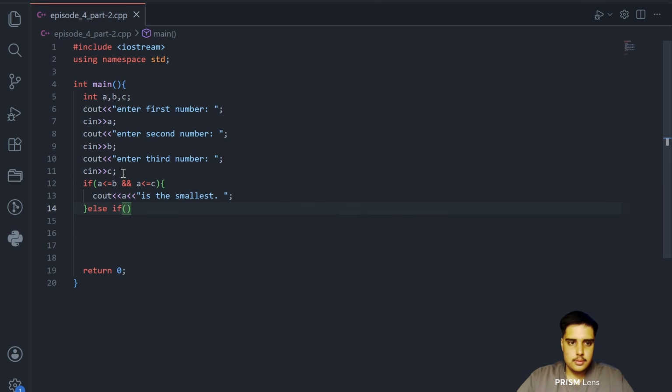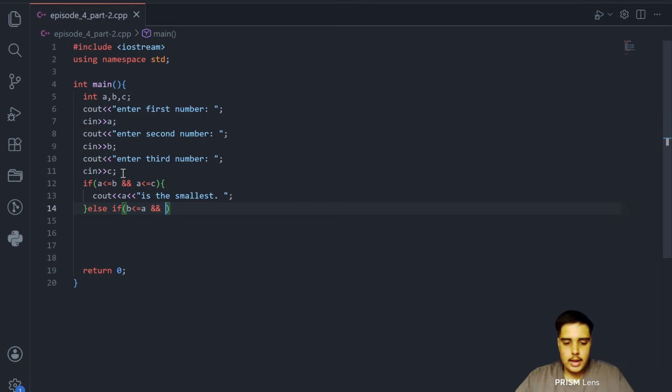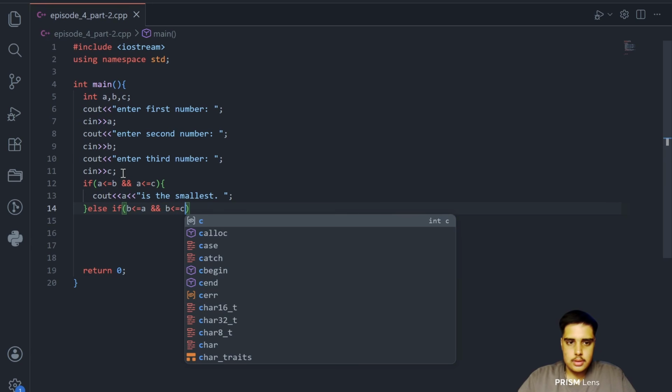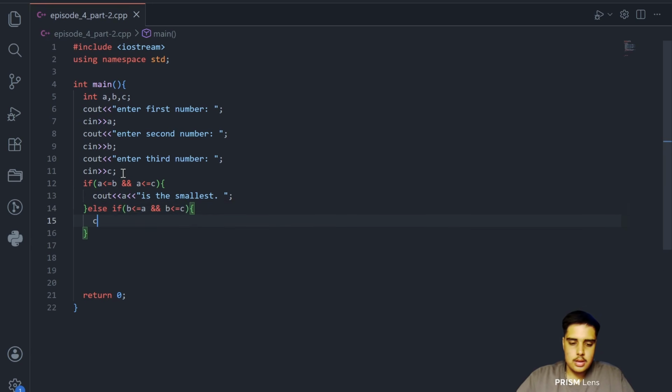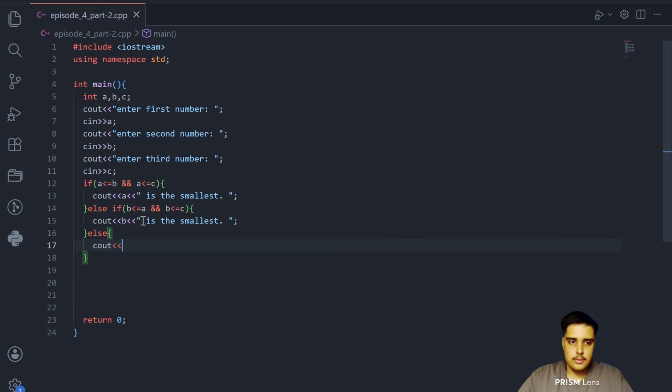Else if b is less than or equal to a and b is less than or equal to c, then cout b is the smallest, and in the last else we will directly say cout c is the smallest,